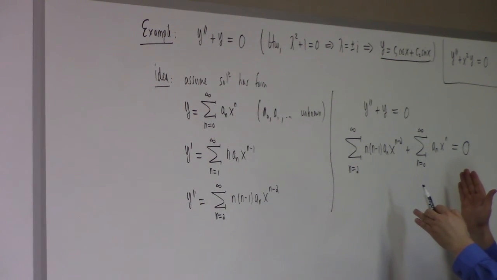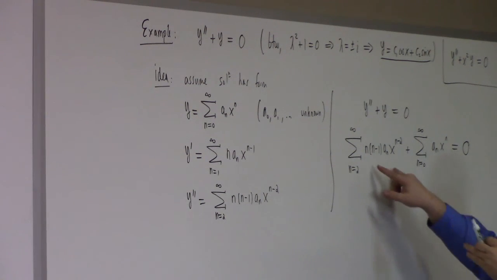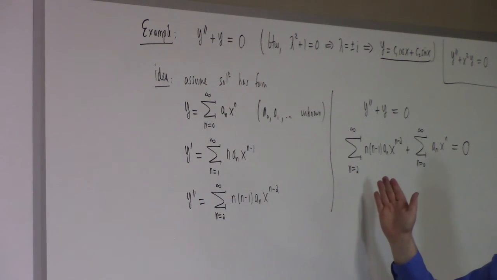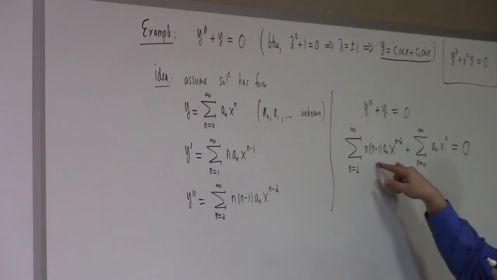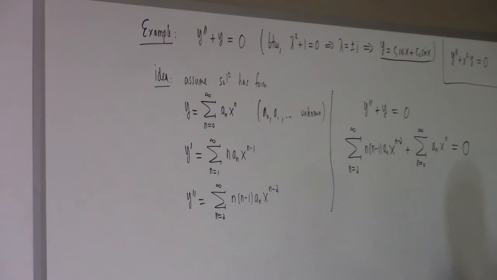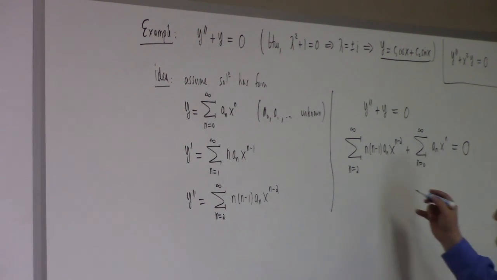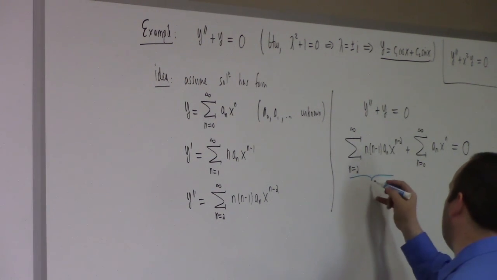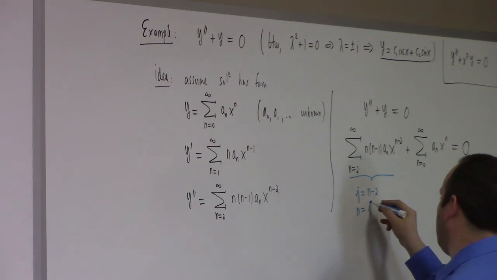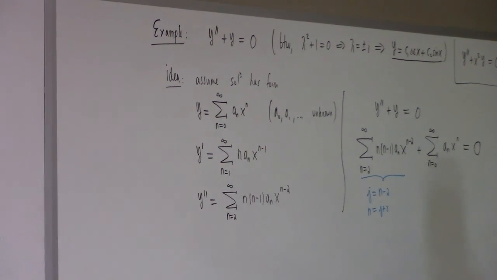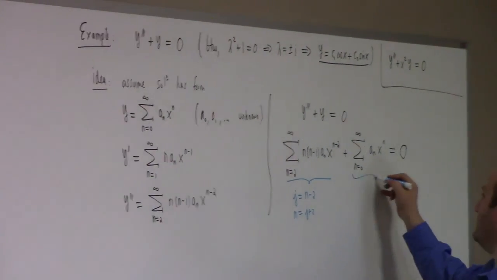All right? So what I suggest we do is we re-index. They're both starting at the constant term, right? So it's just a matter of notation. Let's change the notation on this one to make it match that one. But we'll make them both match at a new variable. Let's just relabel both of them by j. So for this one, we'll let j equal n minus 2, right? So n is equal to j plus 2. And for this one, we'll be boring. We'll just say